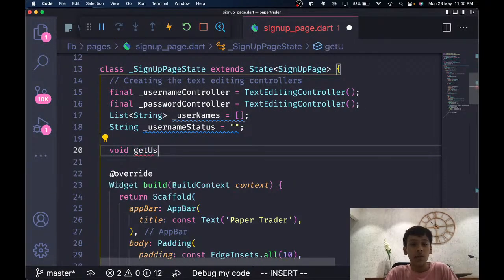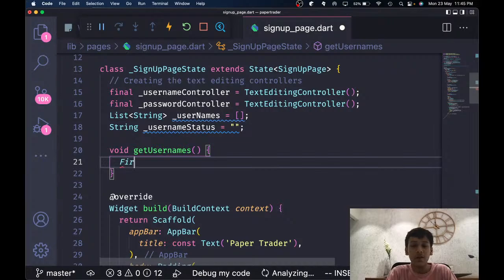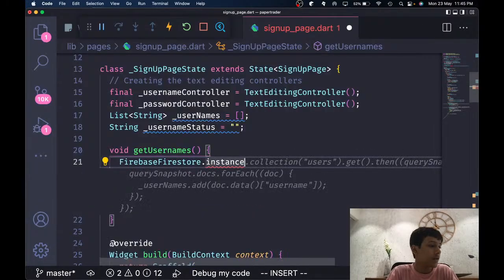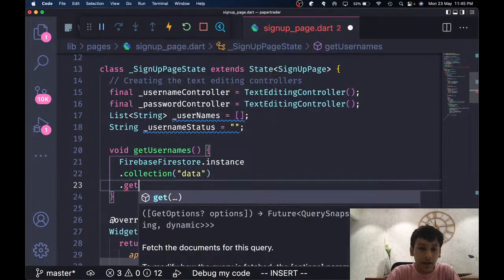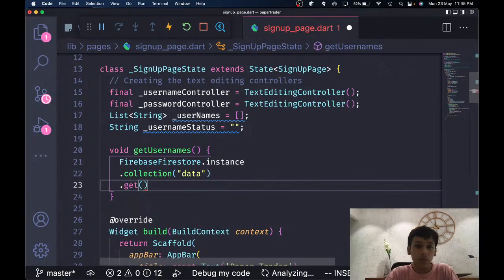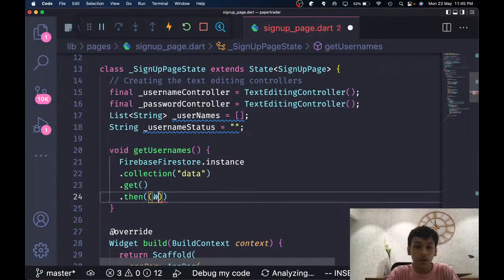We won't deal with any complex stuff. We will be doing it very, very basic. So we can just say Firebase Firestore instance, and we can get the collection, and what was the collection again? Data. And from our data, we just say dot get, and after getting it, we say dot then, and in there we want to have a query